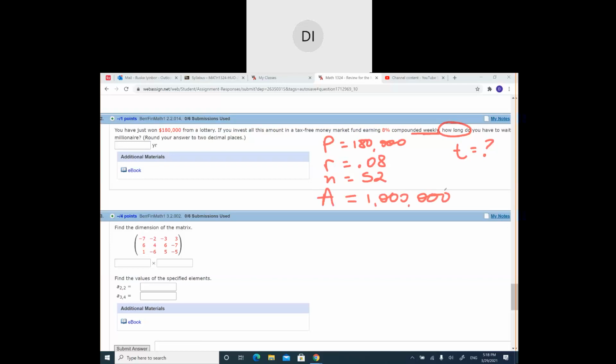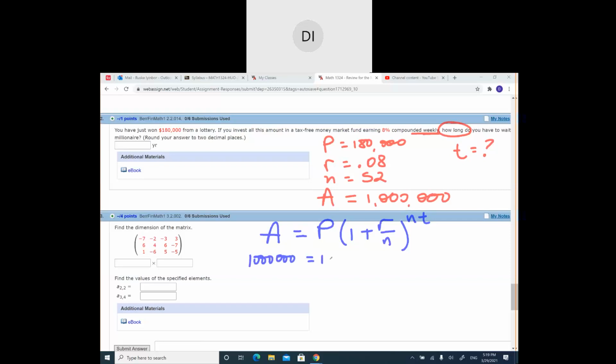You're going to plug it into the compound interest formula and you're going to solve for the time. So compound interest formula is, again, the same formula we used before. A equals principal times 1 plus r over n with exponent nt, and plug it in. So I have 1 million